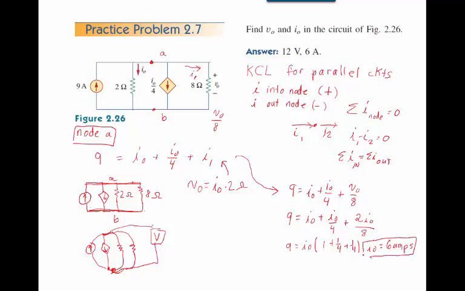Oops, what did the problem ask for? Problem asked for I0, 6 amps. Yes, I got it right. And it asks for V out. So V out equals I1 times 8 ohms. And